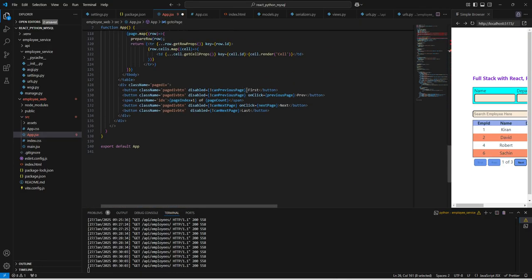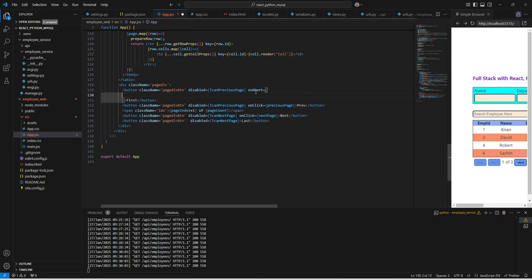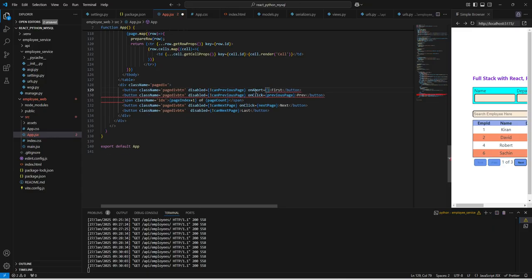Now here this is the first button, sorry, we should add on click event, and we can say use go to page,